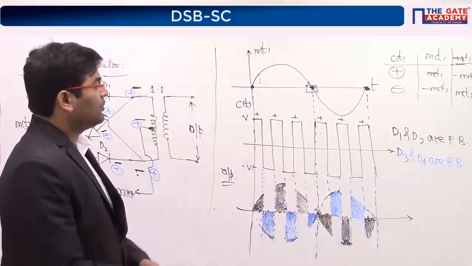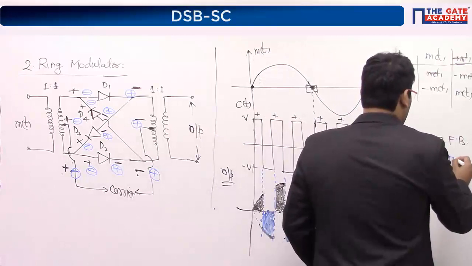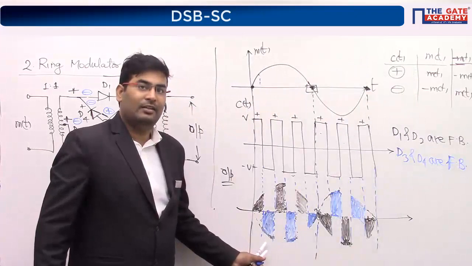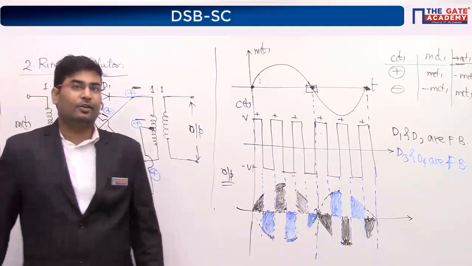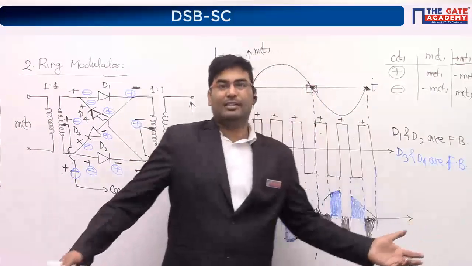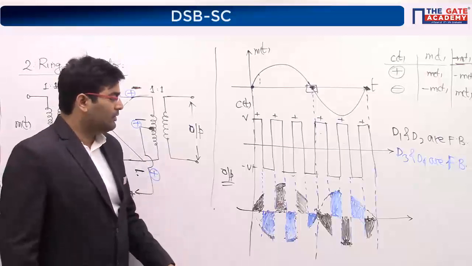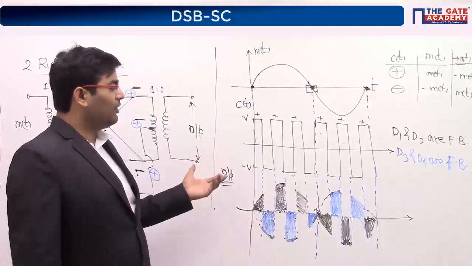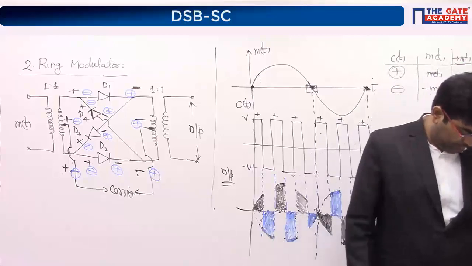Sorry, that is also forward bias, not reverse bias. Obviously, you are getting forward bias, then this will also be forward bias whenever you see the blue one. Good. So I guess we are good for ring modulator. And you know what, guys, this is a bulky circuit, that's why people don't use it. And that's why when I said people use balanced modulator, because that is not that complex. It's a bulky circuit, you have so many diodes, right? It's a ring of 4 diodes, so nobody tries to use it as compared to balanced modulator.